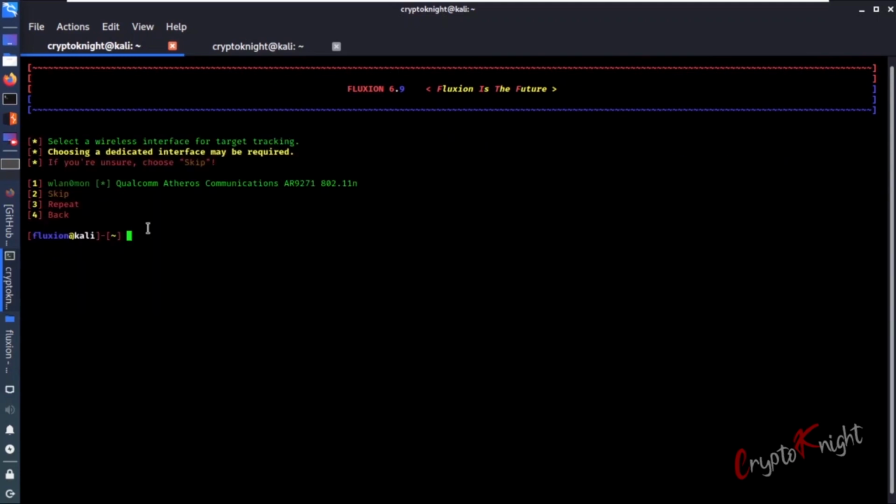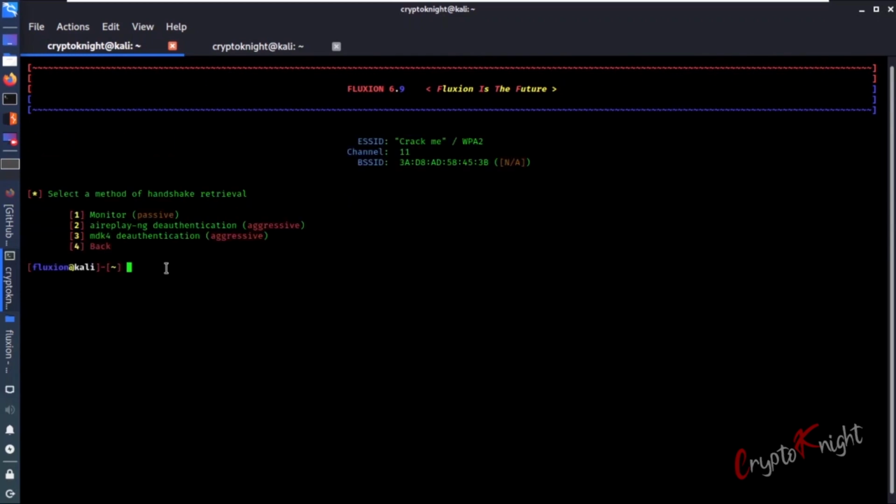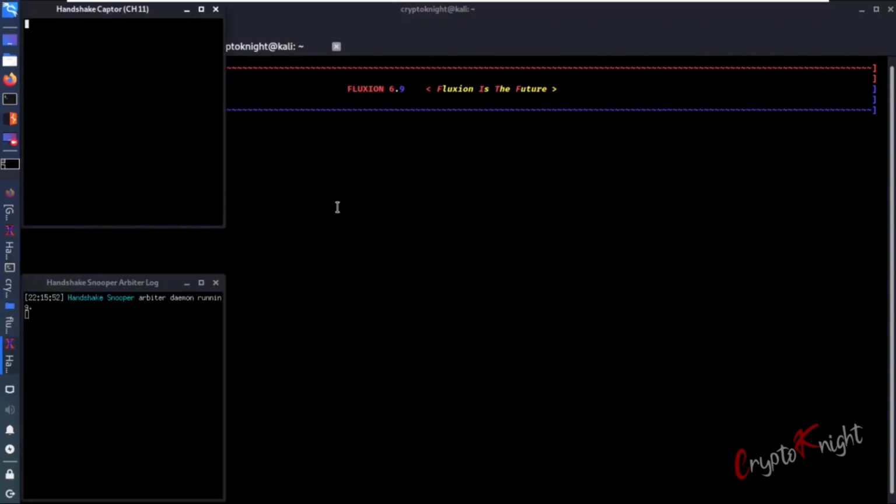Now if you are unsure over here, it says that you can choose skip. Skip is the second option. Just for safety, so you don't mess things up, let's go with 2 only. For deauthentication, the second one is the best, so let's go with that. The options are pretty clear, and it always says which one is recommended. So let's go with 2. Now again, we'll go with the recommended setting. Select 1. Again, as it says synchronously is recommended, fine, let's go with that.